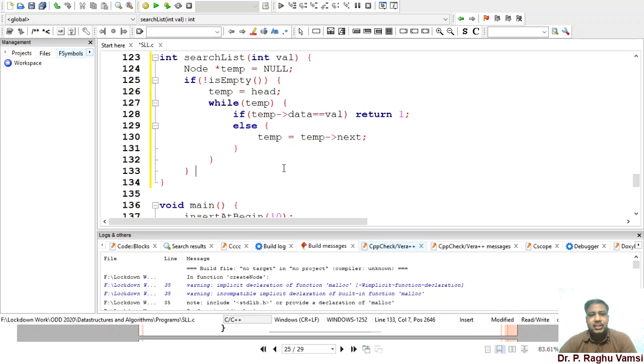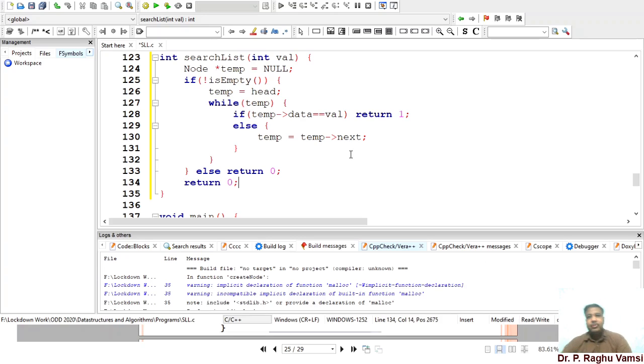If there exists no list, then else return. Other than this, that is, if the list is not empty but the data was not found, we have not given any return type. So we can also say simply return 0.